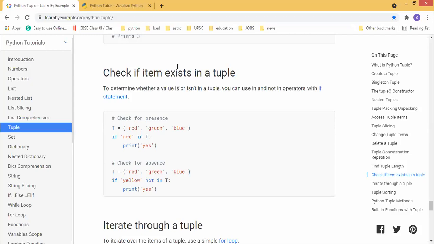Students, understood or not? Yes, sir. In operator and not in operator, kindly remember these two things.